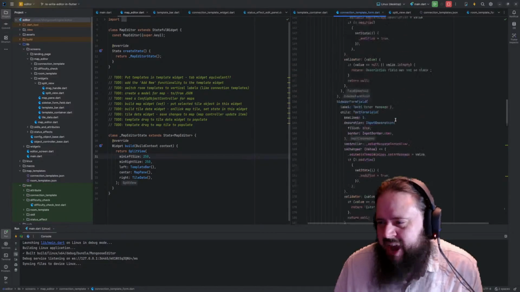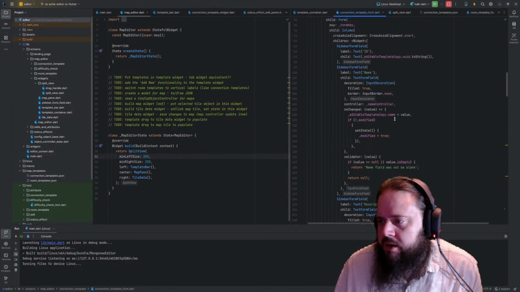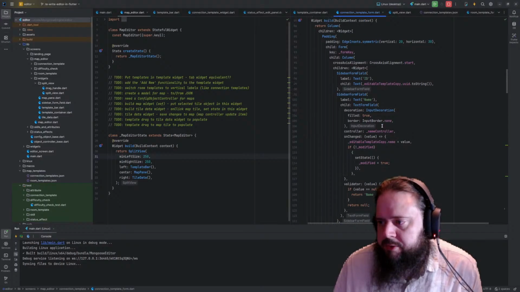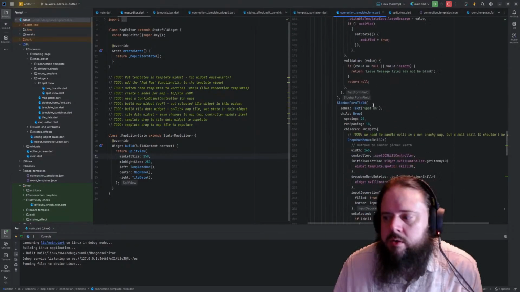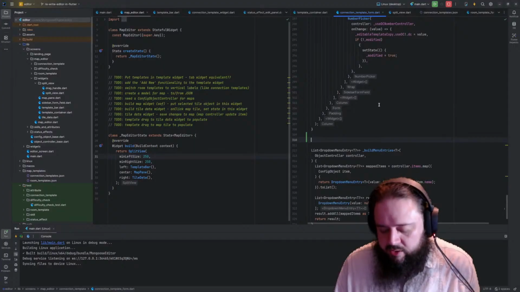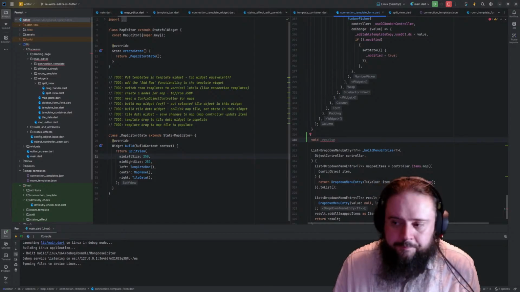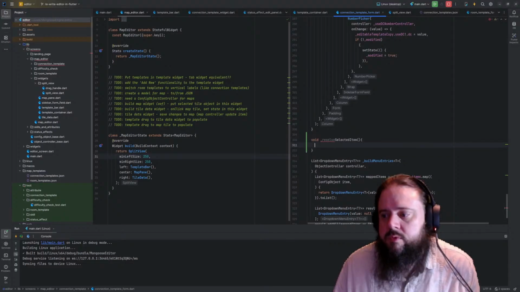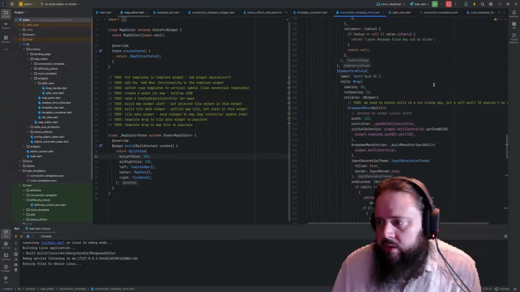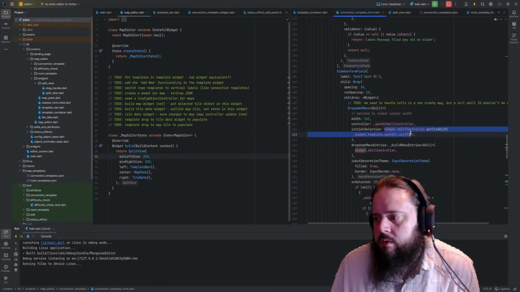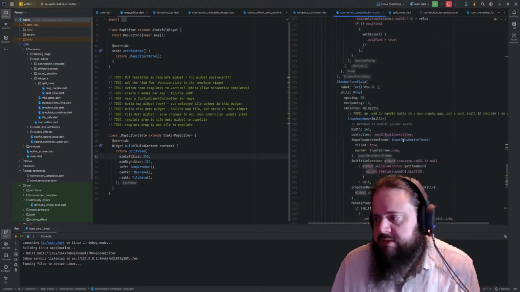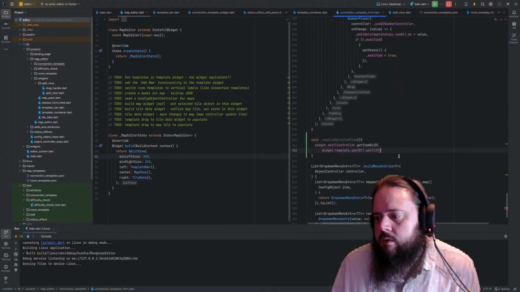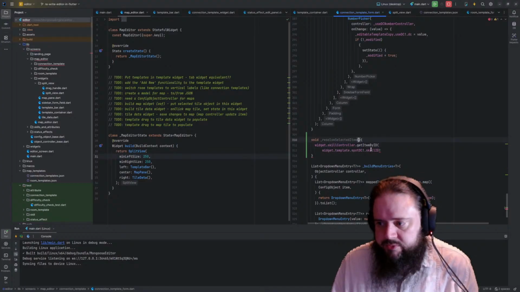But for this, I think I just want to put you into a function. I think I want to call you, you're a void. I want to call you resolve selected item, maybe? And we will just grab all of this. And then this is going to be